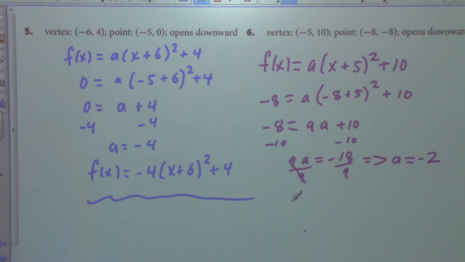And then we have f of x equals negative 2 times the quantity of x plus 5 squared plus 10. Okay, questions on that? Okay, real good. And what I want to do is